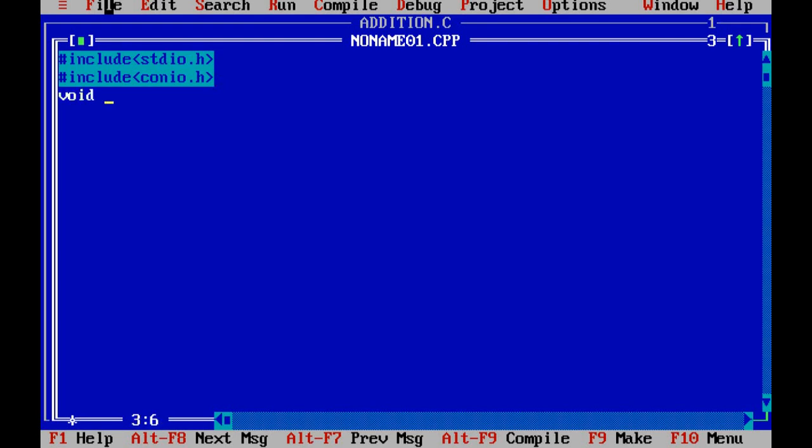Next type void main, then click the opening bracket and take three variables, again A, B, C.